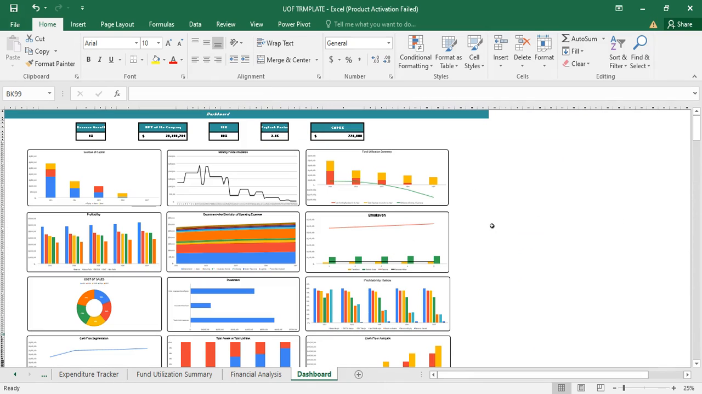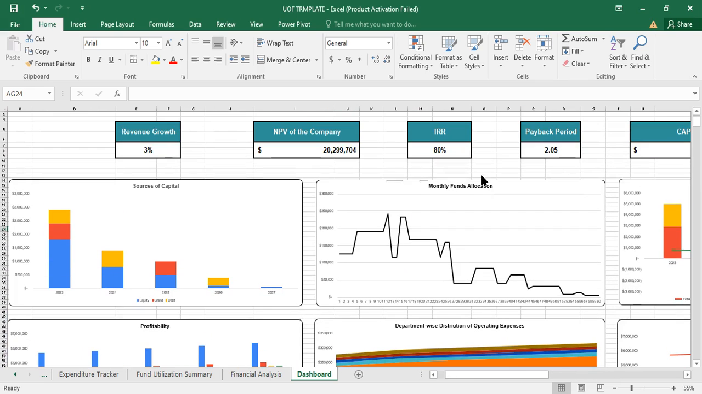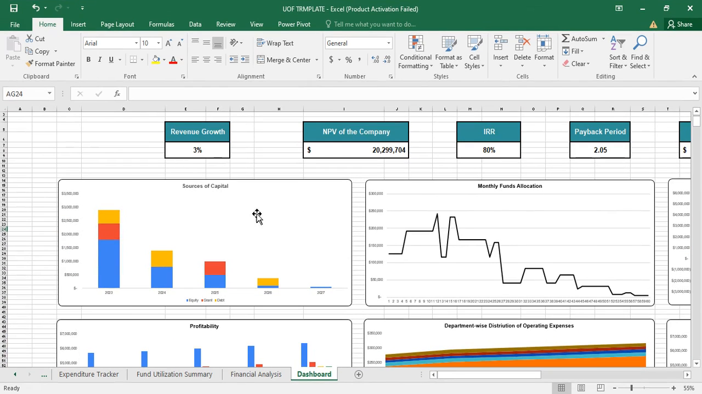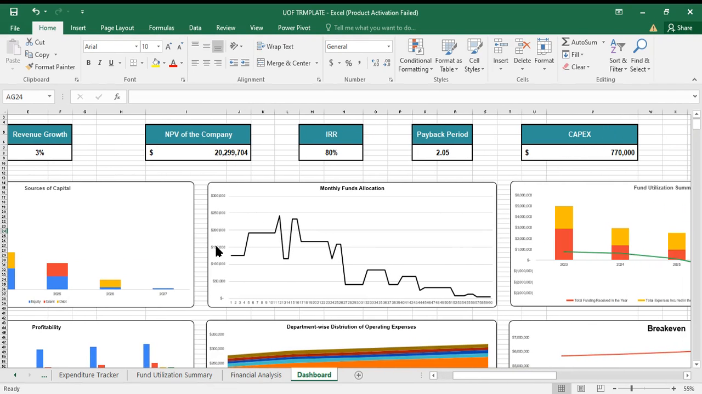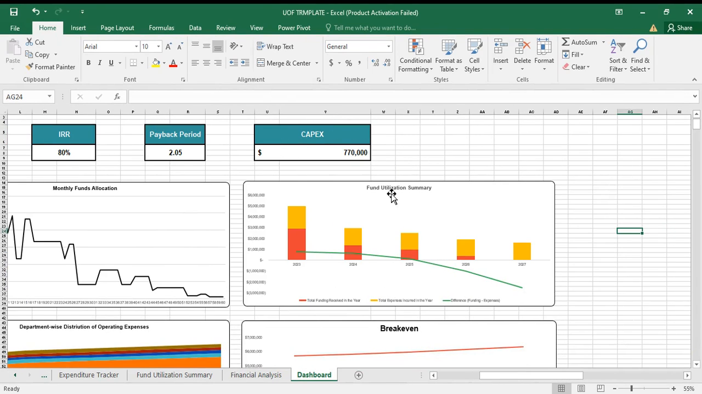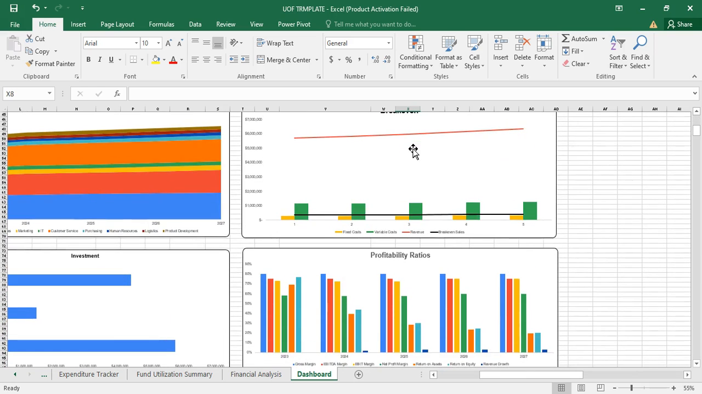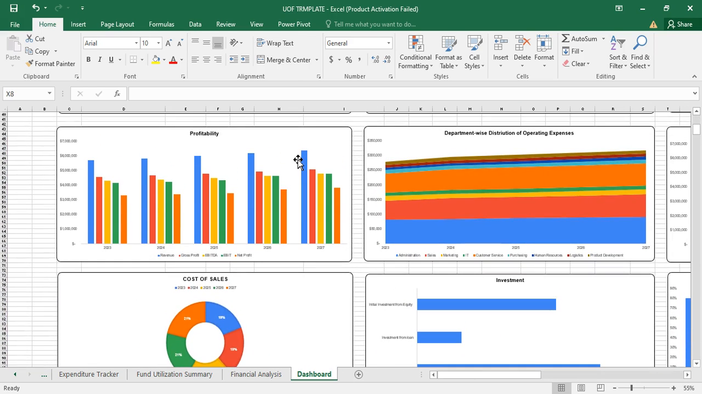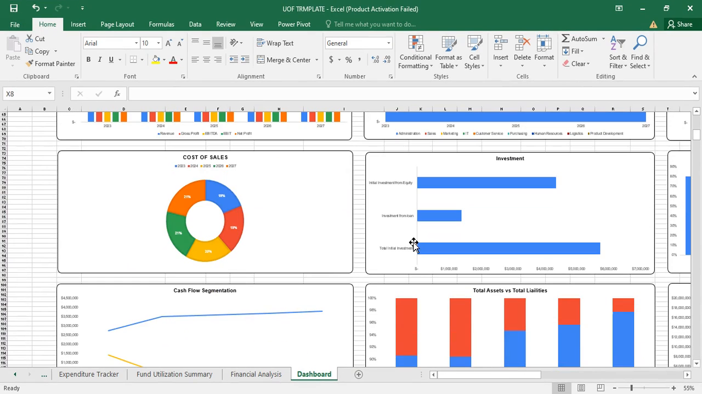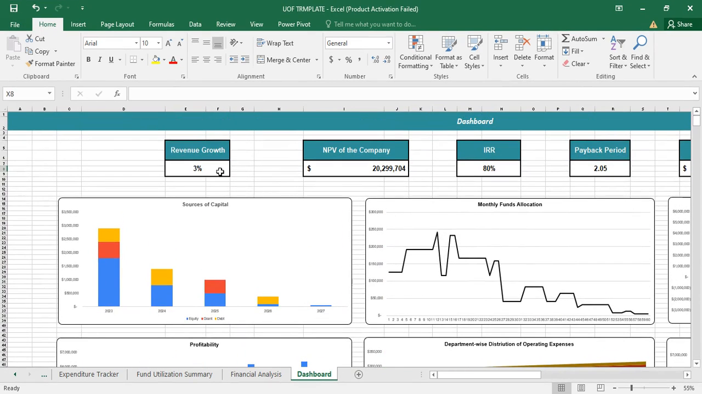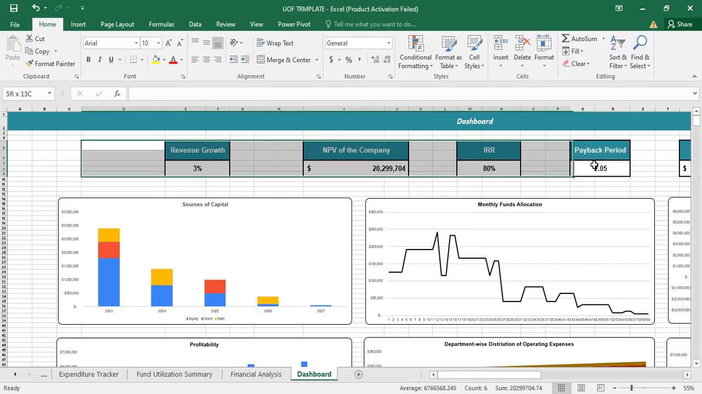Our last sheet is the dashboard. This includes a graphical representation of all the financials we have calculated in our previous sheets. Some of these graphs are, for example, we have included the sources of capital and how they differentiate between different years. And then we have monthly funds allocation, and then we have fund utilization summary graph. Similarly, we have break-even profitability ratios and profitability in dollars, total assets versus total liabilities, and much more. Also, we have included a scorecard to represent the major